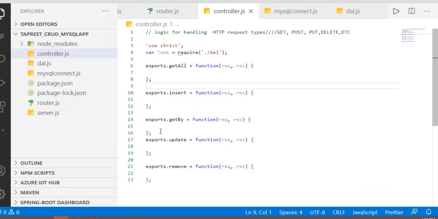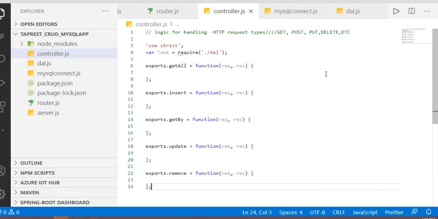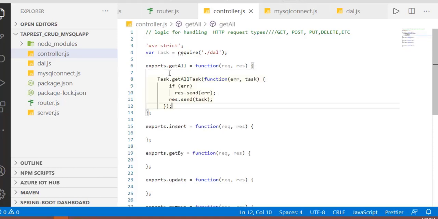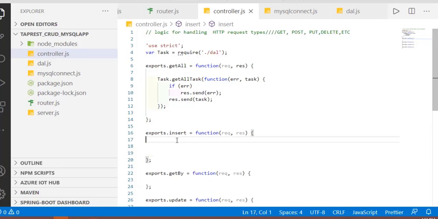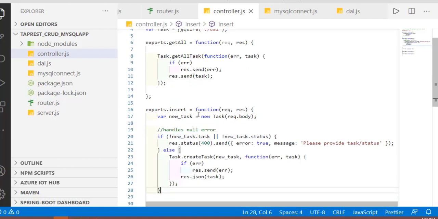You will use a response object to send that data back to the caller application. So this is the way we are writing a separate code of controller, separate code of data access logic layer, separate file for connection string, and we are linking all those things together, correct?